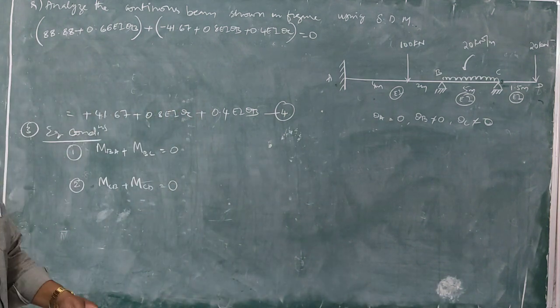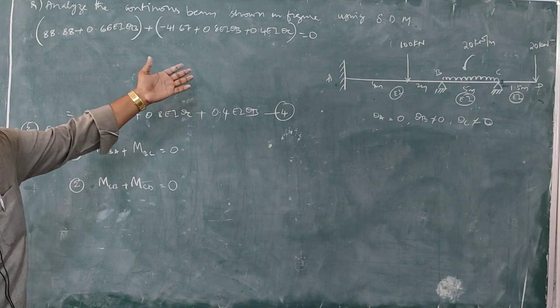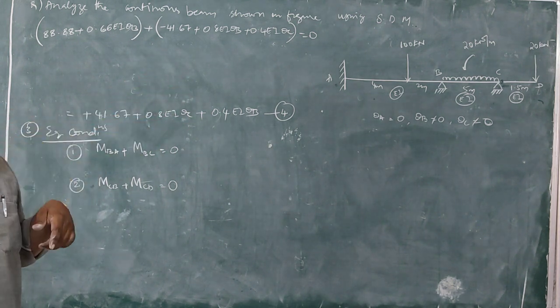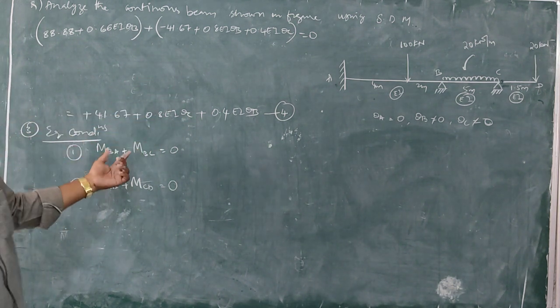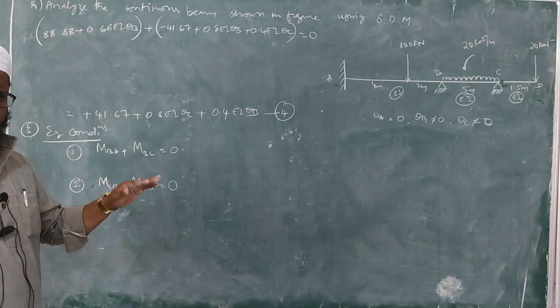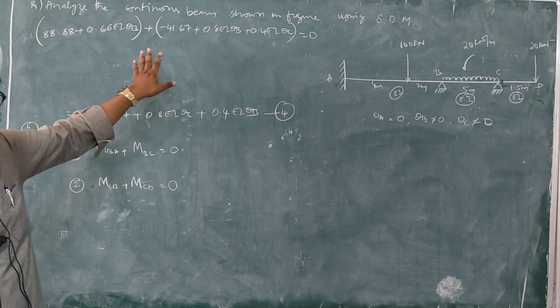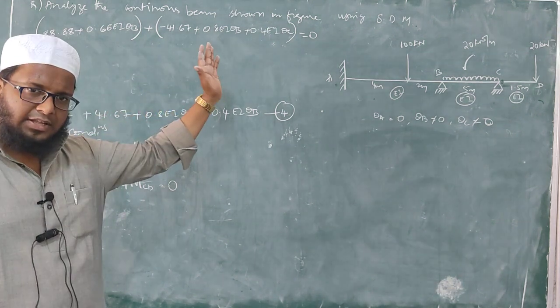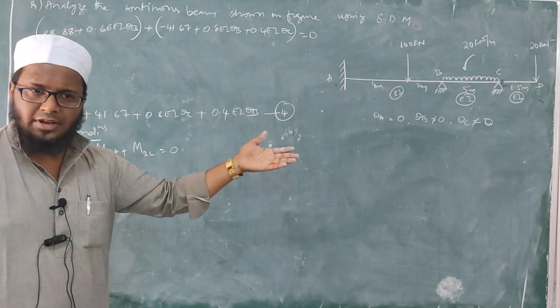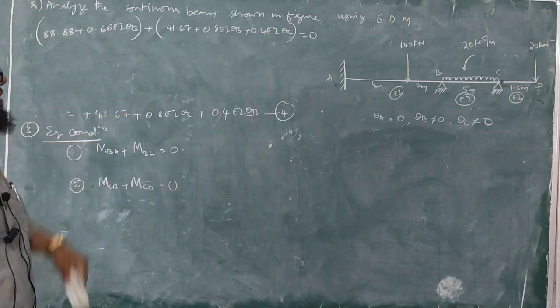If you want to calculate this portion quickly, you can use calculators also. Right? We have two equations, MBA plus MBC. Instead, we can do this type of thing also. But initially, we'll try to solve like this. Then later on, in end problems, we'll try to take down those quick calculations. Okay. So we'll try to add these values.